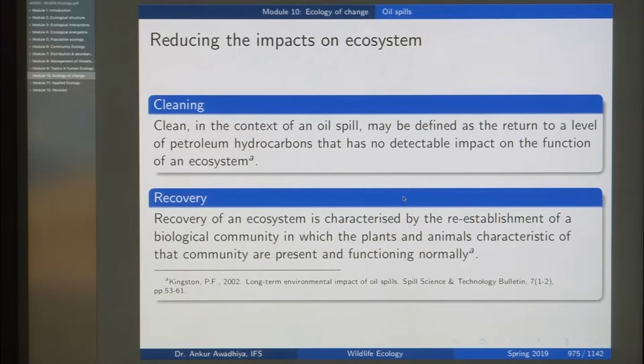Now, to reduce the impacts on the ecosystem, you can go for a cleaning operation, which means a return to a level of petroleum hydrocarbons that has no detectable impact on the function of the ecosystem. So, in this case, you are not removing the hydrocarbons completely, but you are only reducing its amount to a level that you are not able to detect any impact on the function of the ecosystem. And recovery is a term that tells you about the re-establishment of a biological community after it has suffered